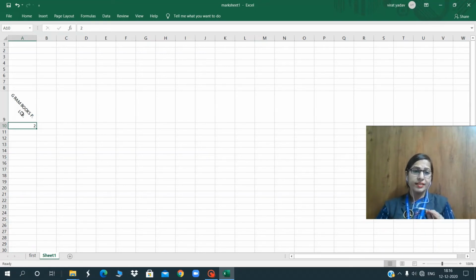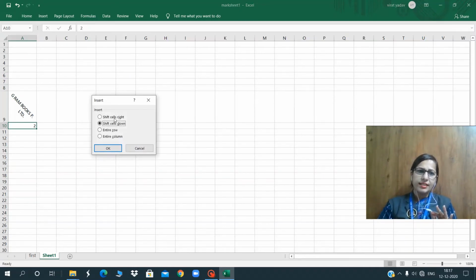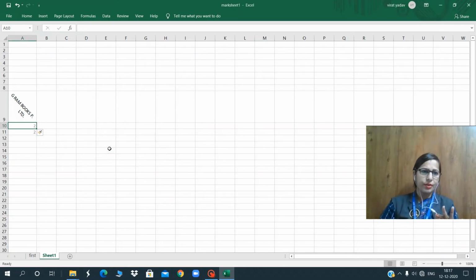Now how can we insert and delete a cell? Just go to the Home tab, same as before. First you place the cursor where you want to insert a cell. I want to insert a blank cell between these, so I place the cursor there, go to the Home tab, go to Insert and click on Insert Cells. See, I want to insert the cell above, so I choose Shift Cells Down. Just click over here and you can see a cell will be inserted here.